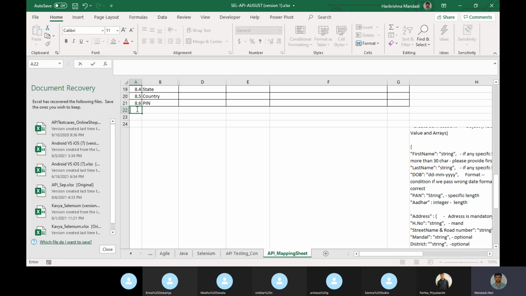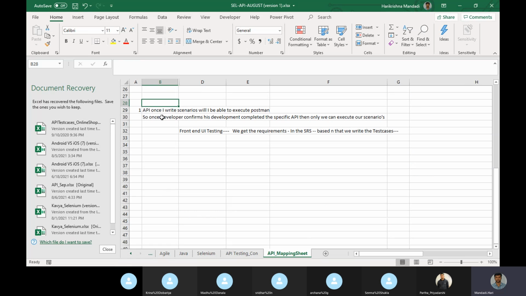This is not 8, it is 9. Why? Because in the structure a new object has started. So here the permanent address related fields have ended. Here, currency details.